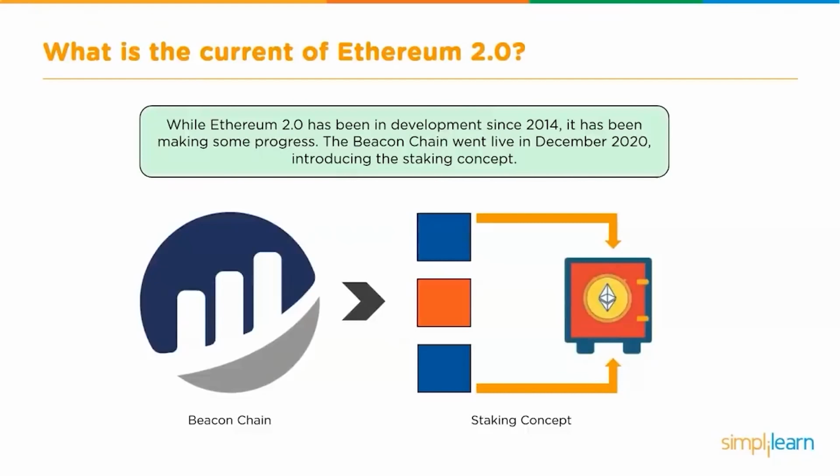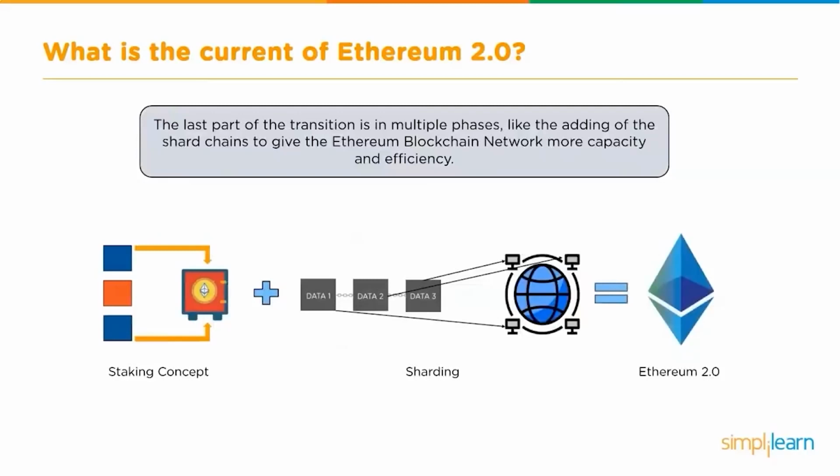The next phase is mainnet, merging the beacon chain into the current Ethereum network. Mining Ethereum tokens will officially end in this phase, and staking will become the primary way to create new tokens in the Ethereum network. The last part of the transition is expected to unfold in multiple phases, like adding the shard chains to give the Ethereum blockchain network more capacity and efficiency to handle all of the demand and increase